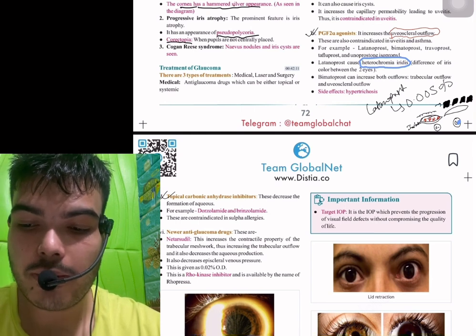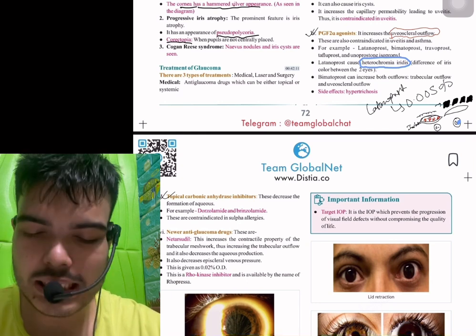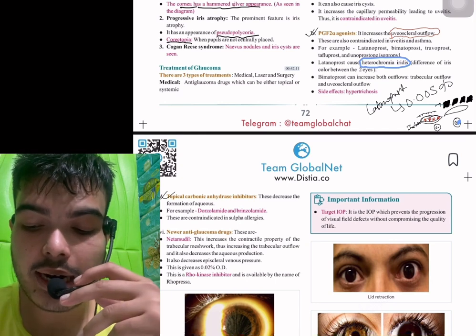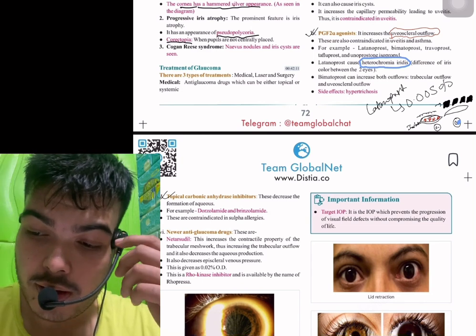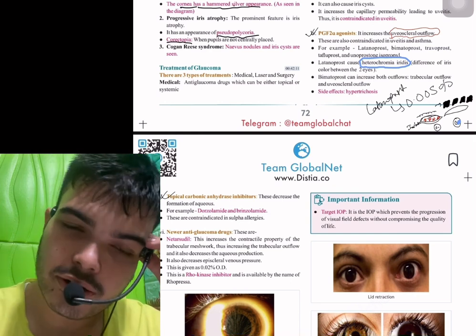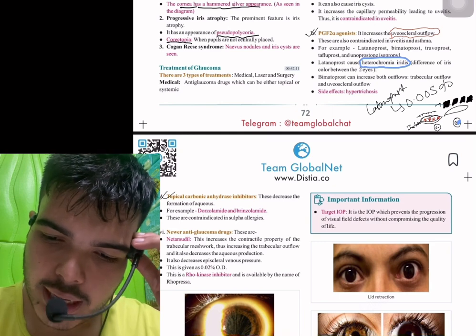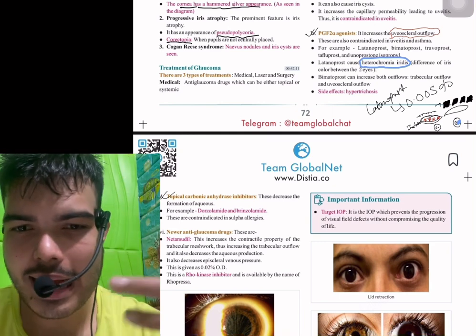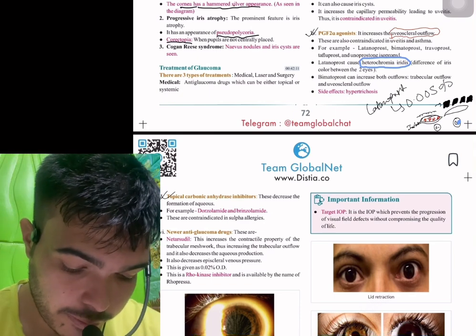Dorzolamide and brinzolamide are carbonic anhydrase inhibitors. Apraclonidine and brimonidine are alpha adrenergic agonists, right? And after that, you'll use certain drugs like carbonic anhydrase inhibitors and miotics, and if the compliance is very low, then you can go for